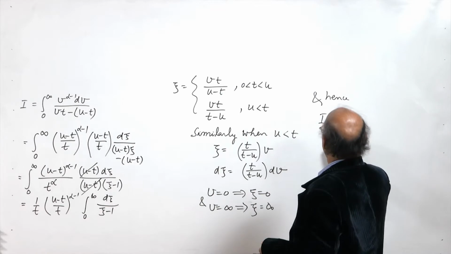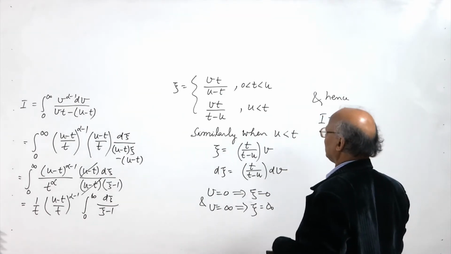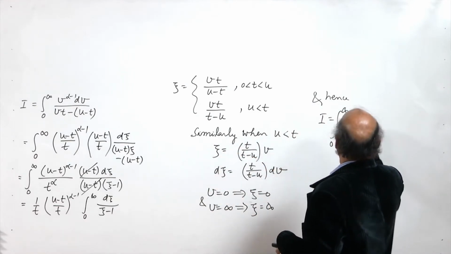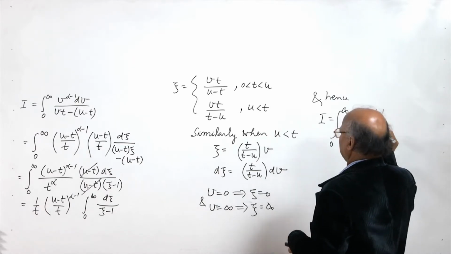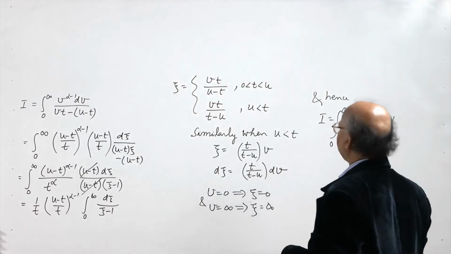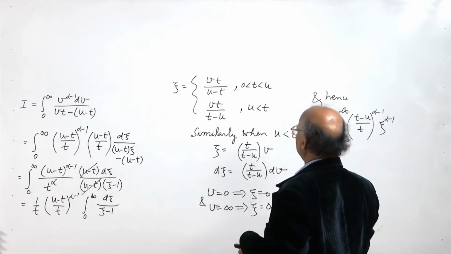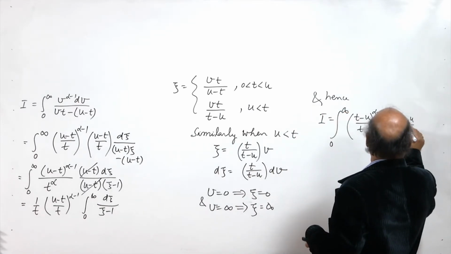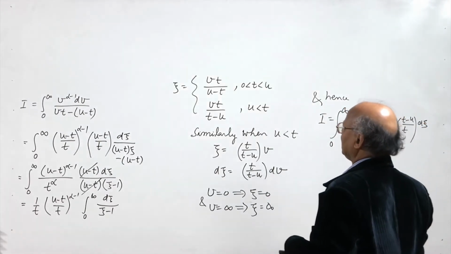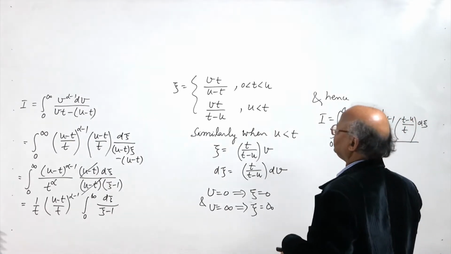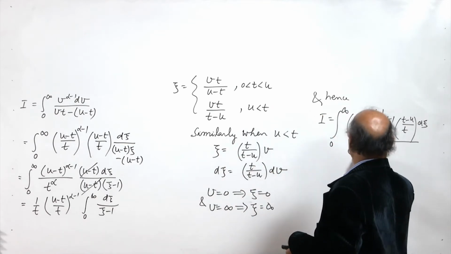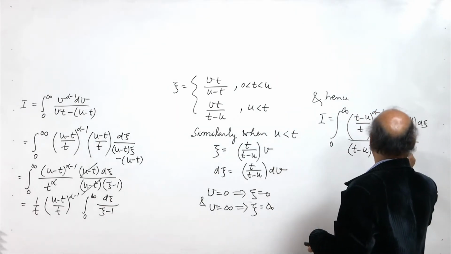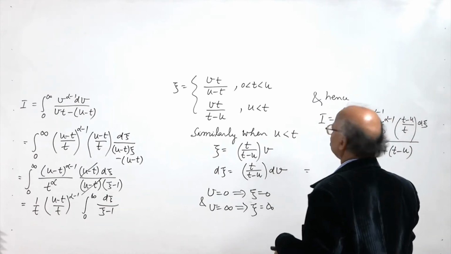I becomes integral 0 to infinity v to the power alpha minus 1. So v to the power alpha minus 1 makes it t minus u by t raised to the power alpha minus 1 xi to the power alpha minus 1. v is equal to t minus u by t into xi. Then dv is equal to t minus u by t d xi. d xi divided by v plus t is equal to t minus u into xi minus u minus t, that can be written as plus t minus u. So this is equal to, we can write it as